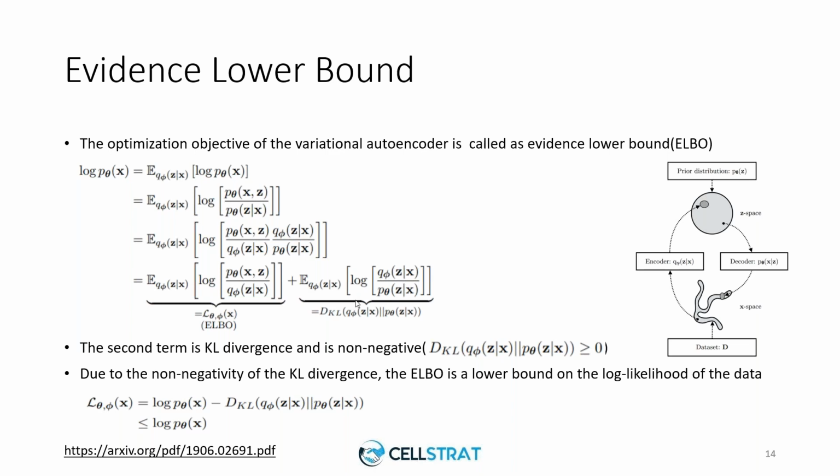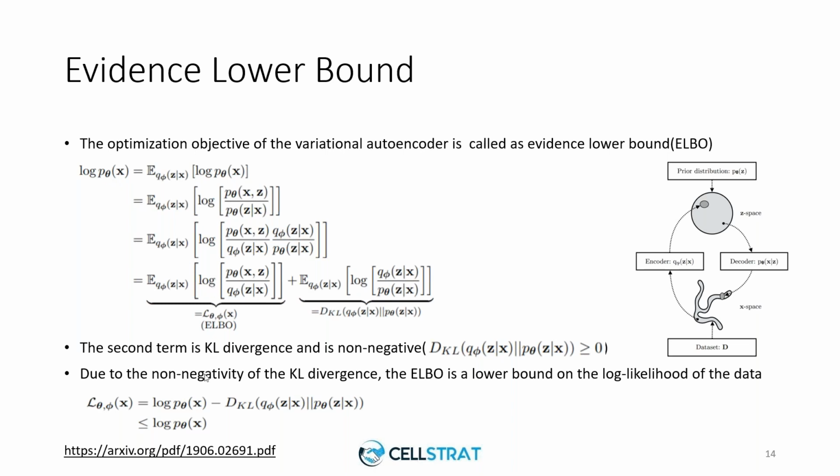Now, one thing to note over here is that KL divergence will always be greater than or equal to 0. It will be 0 when our approximate and our true posterior match each other, but it can never be negative. If there's a difference, it will be more than 0. There's not much opportunity to optimize it. When I say optimize, I'm looking for some value less than 0, which is not possible over here. So the only thing left which can be optimized is this part, and that's why this is called a lower bound of the log likelihood.